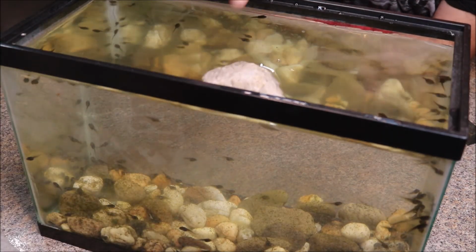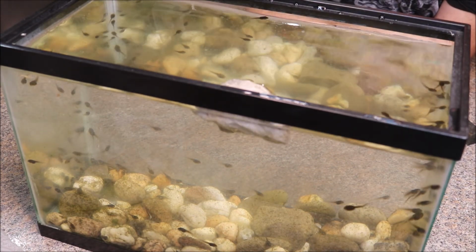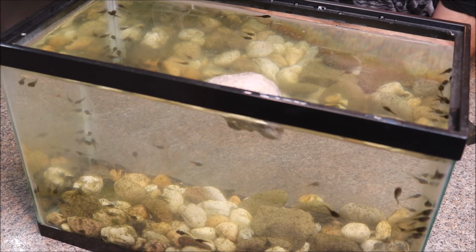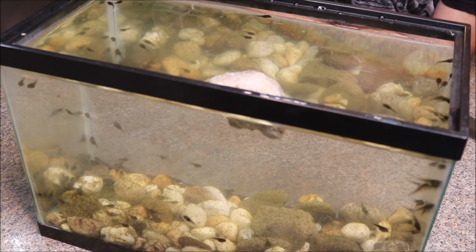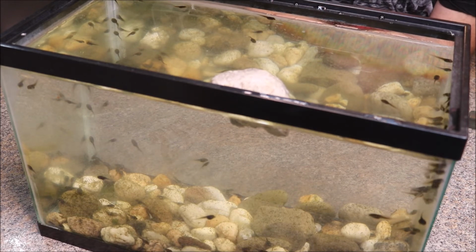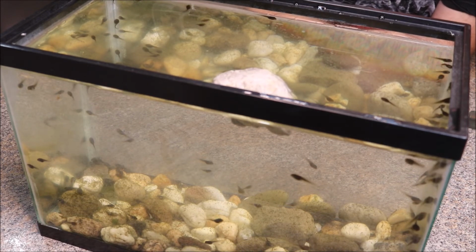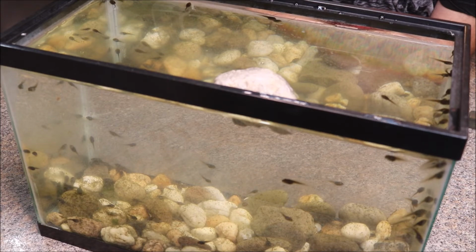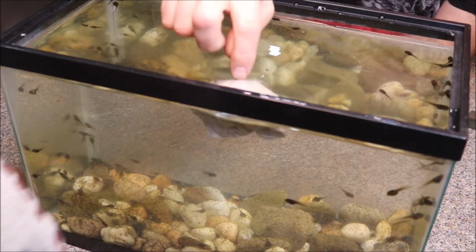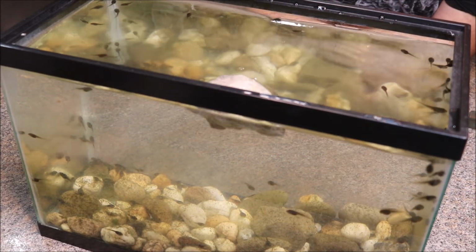Now this rock right here, it's a specific kind of rock. It's not just any ordinary rock that you'd find in your backyard, at least not in your backyard here in Pennsylvania. This rock is pumice. And so pumice is lava that was, well, it was magma when it was underneath the earth, if you remember from last year. But once it shot out of the volcano or oozed out of the volcano and becomes lava on the surface,